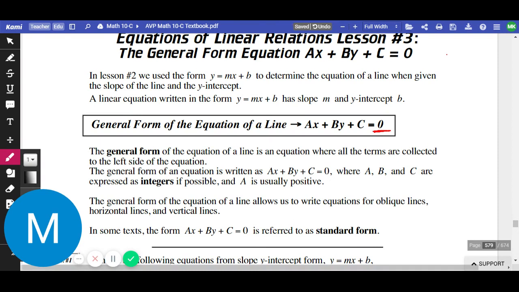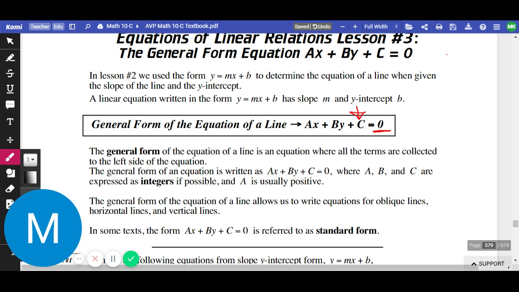So you have your x's, your y's, and this is just like a plus number, right? C means constant. It's just a number. There's no letters attached to it. Once you have everything equal to 0, there's 2 rules that you have to follow for it to officially be